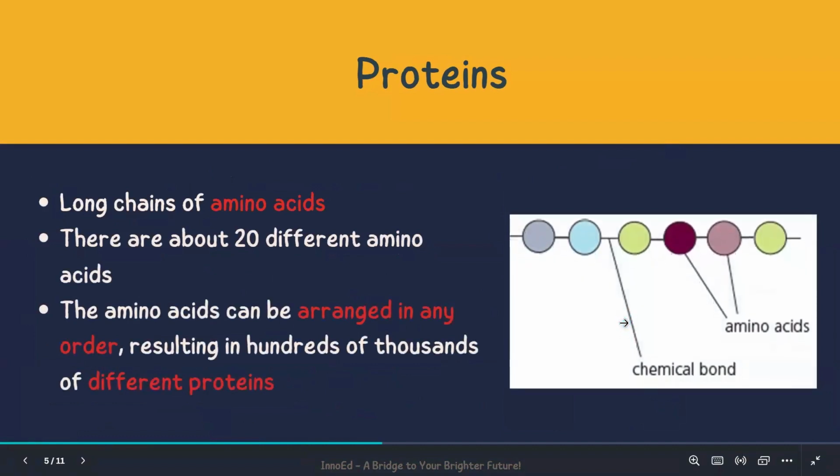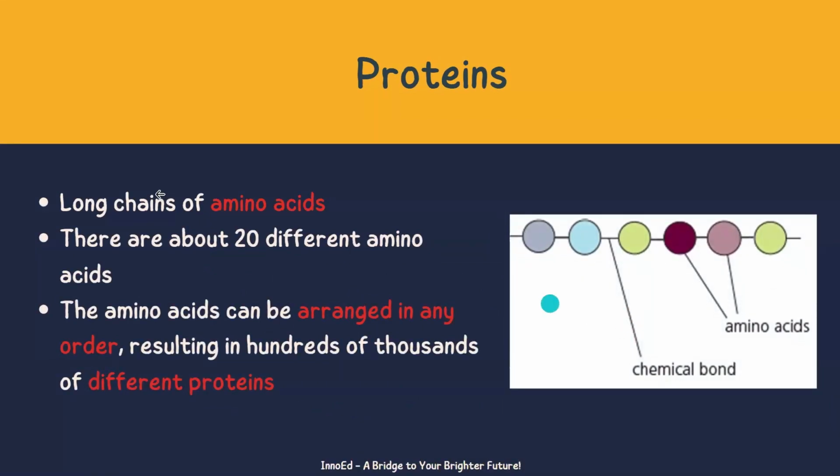So let's look at the proteins here. Proteins are basically long chains of amino acids. Since there are 20 different types of amino acids, one protein may contain different types of amino acids in any order. Let's say if two proteins contain the same type of amino acid and the same number of amino acids, but in different order,